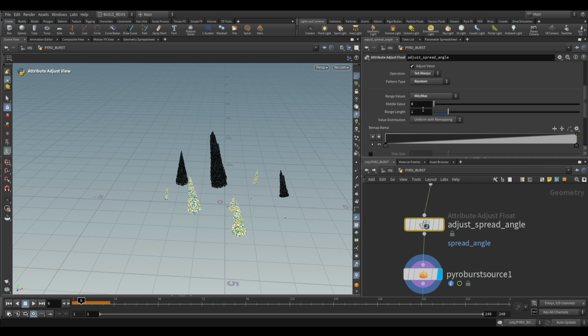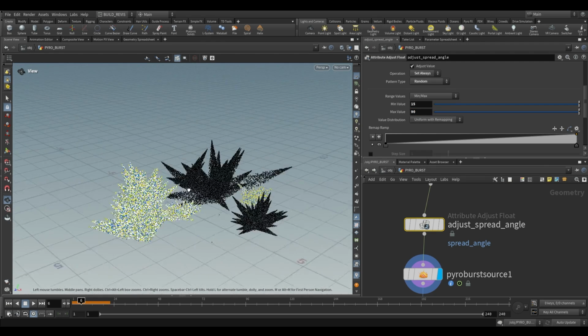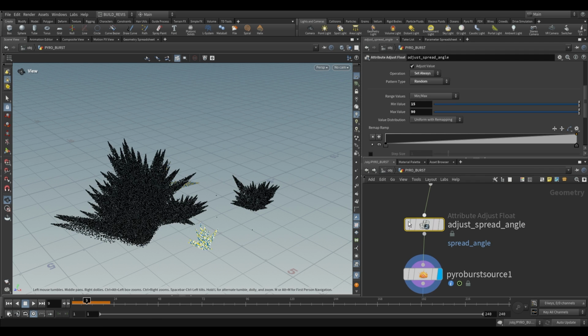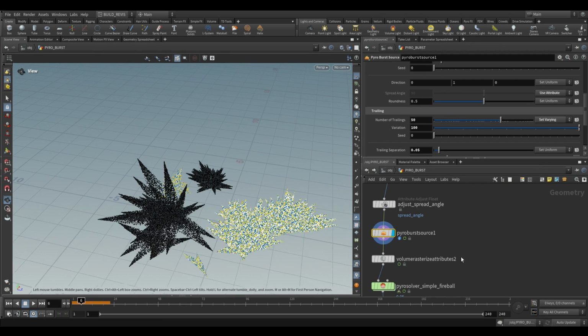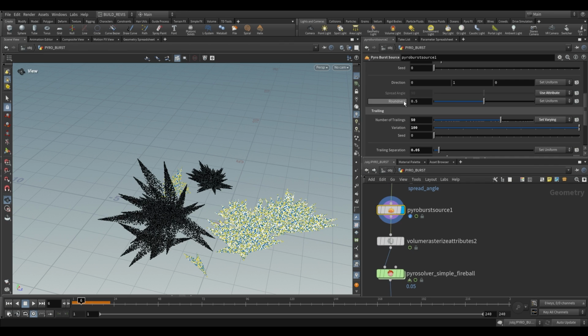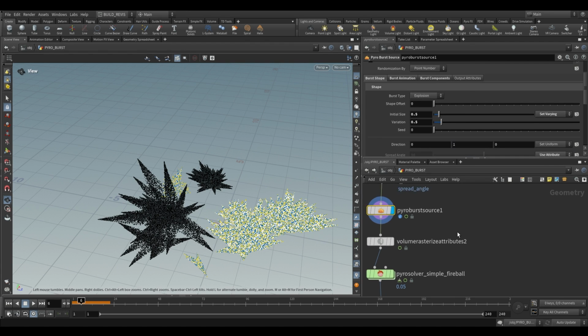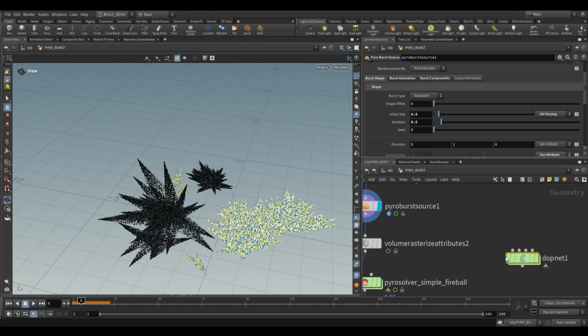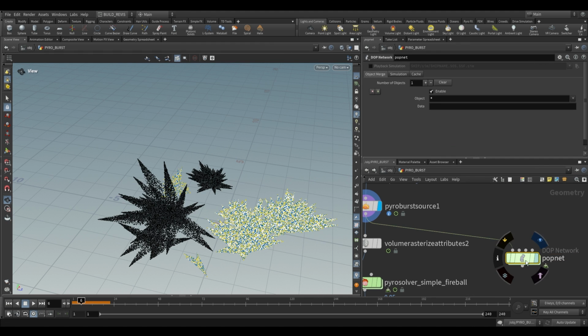So let's just go ahead and choose a min and max range. Minimum might be something like 15 and the maximum something like 90. You can see that some of our explosions are a bit more narrow and we're now controlling it with this attribute. And again, you can get creative with this. You don't have to feed it into a Pyro network like this. You don't even have to use burn or explosions or anything like that. You could even put it into something like a POP network, right? So if we just feed this into a POP network over here,